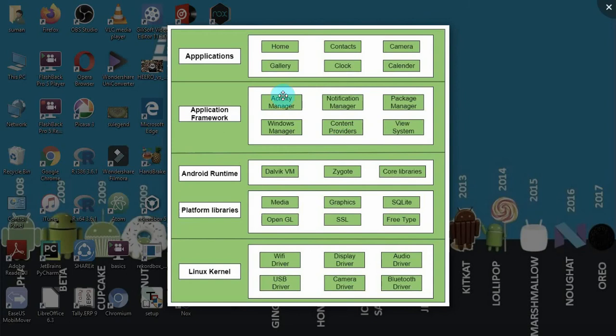So there are a lot of things. In detail I will also tell you what the activity life cycle is. I'll explain it to you, we'll work an example on that and run it in our system. Then I'll tell you what you mean by views, how they are created, what intents are, and what the broadcast services are. So all those things we'll do practically also.